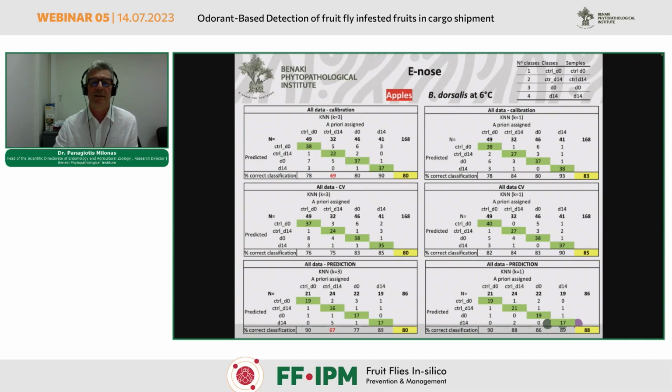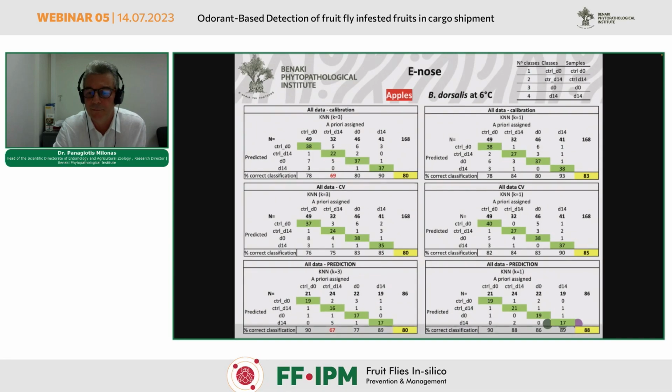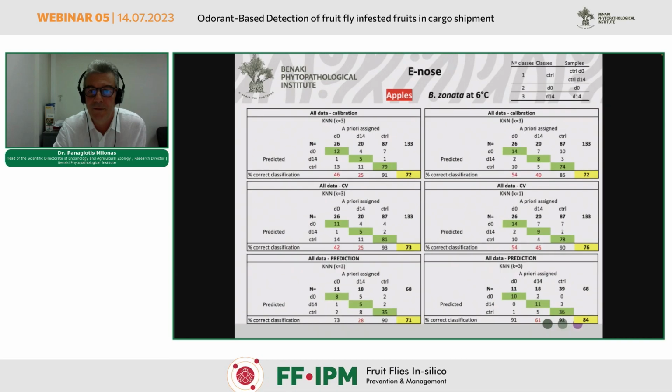For example, here in apples, we worked at 36 degrees. After infestation, we kept the fruits at lower temperature. And there, the model was even better, and especially the K1 model reached accuracy of 88%. For that was Bactrocera dorsalis and Bactrocera,